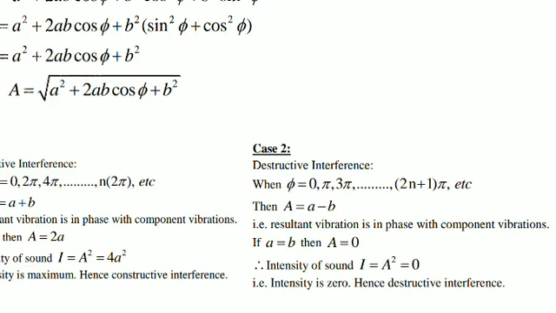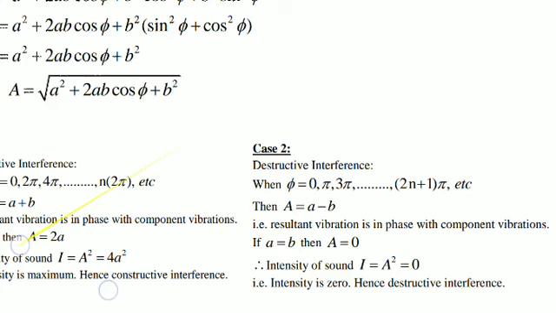Similarly, when will we get the destructive interference? When capital A will be equal to 0 or minimum. Now when it is equal to 0, we should get A minus B. So when will we get A minus B? When phi is equal to pi. Here I have written 0, but 0 is not correct. When phi is equal to pi, the value of cos phi will be equal to minus 1. So minus 1 means what? A square minus twice ab plus b square. So the resultant value will be a minus b.